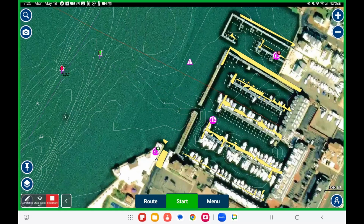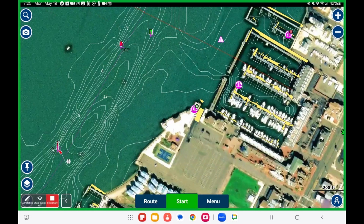A word of caution for this boat ramp: do not drive your truck into the water. There are a couple of ramps I highlight in New Jersey, and this is one of them. Do not drive your truck straight into the water. I know that sounds obvious. It's a dumb thing to say, but every couple weekends, someone just drives their truck straight into the water because they don't know where the ramp is, and they get lost in a parking lot. It's a big parking lot, and they make the turn. They come in here,